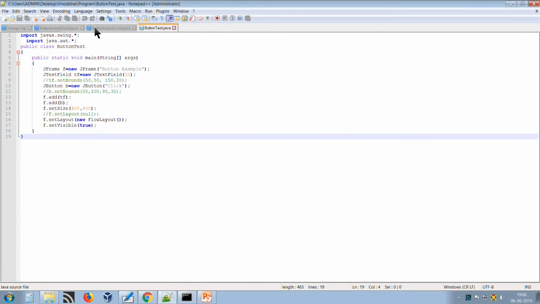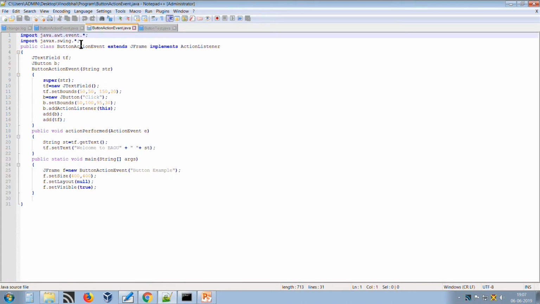mechanism. So, let us have a look at that program. The same way, we have here used the package java.awt.event, as all event classes and listeners will be derived from this package, while the Swing package is there for creating the Swing components. In this program we are creating the text field and button as well, as we have seen in the previous example. Here we are creating the constructor and passing one argument to that constructor.